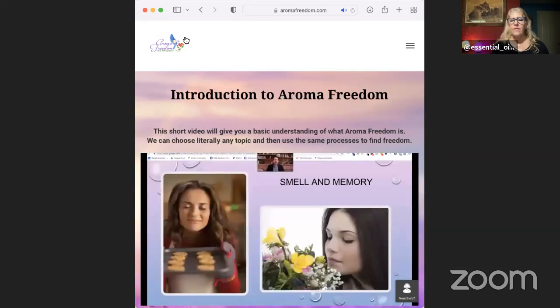The sense of smell is intimately connected with memory, and this is obvious to us. Whenever we smell the cookies, it reminds us of our grandmother's kitchen, or we smell the flowers that our boyfriend gave us. It just brings us into memories of other times when we had the same experience. And again, this is for survival reasons. The rabbit smells the fox and remembers instantly the last time they smelled the fox and what that meant. It's part of our survival.